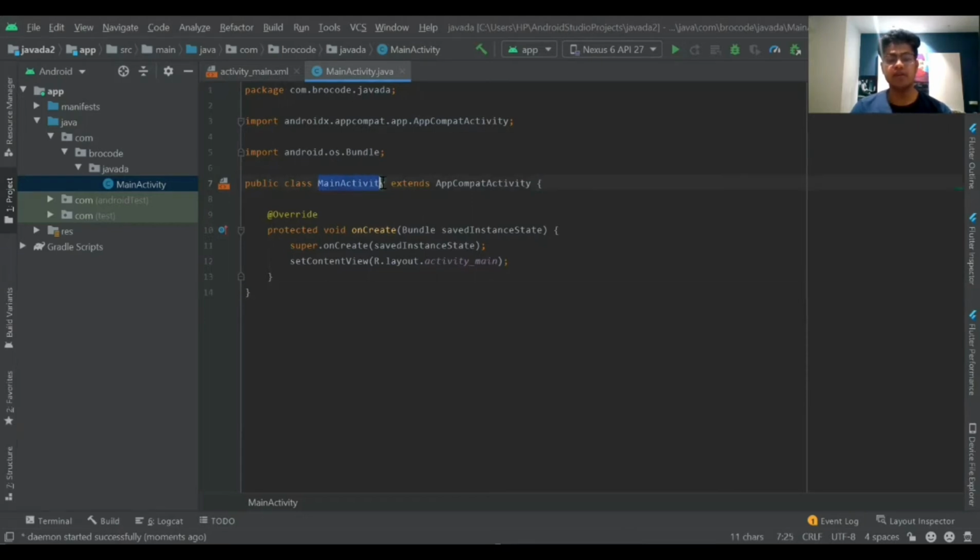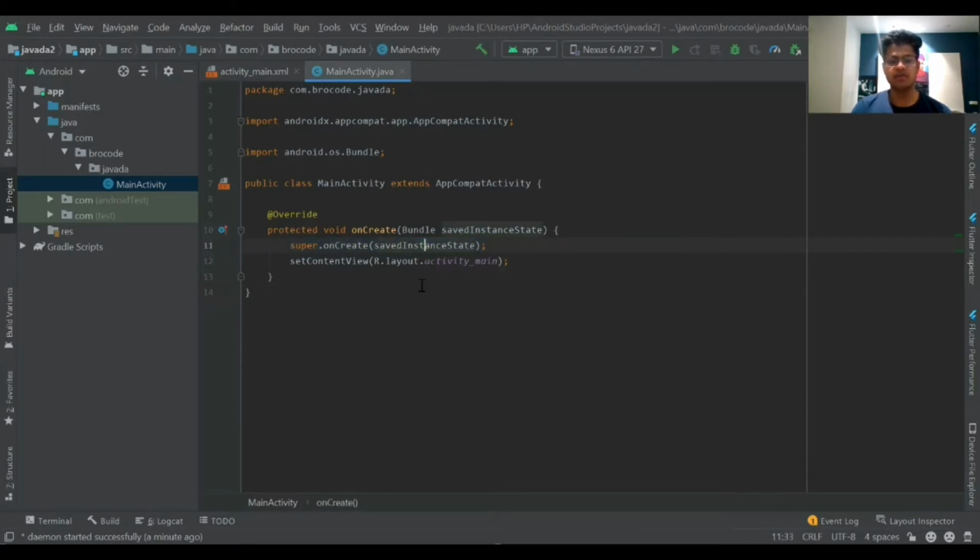Any screen you see on an Android app is either an activity or a fragment. So we have to create an activity first. We have named it MainActivity, which extends AppCompatActivity. This class consists of all the major components that we're going to need in this project, and it automatically overrides the onCreate method. onCreate means whatever happens whenever the activity is created. It's related to the Android life cycle, and we're not going to go deep into it. And onCreate takes savedInstanceState.